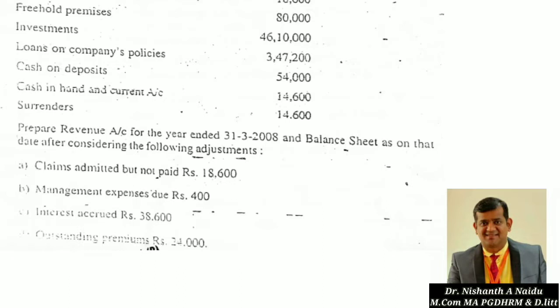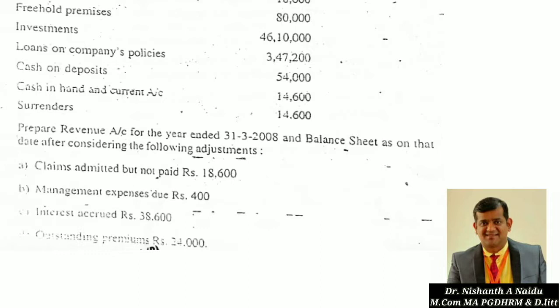Investments 46 lakh 10,000 rupees. Loans on company's policies 3,47,200 rupees. Cash on deposits 54,000 rupees. Then cash in hand and current account 14,600 rupees. Surrenders 14,600 rupees. Prepare a revenue account for the year ended 31st March 2008 and balance sheet as on that date